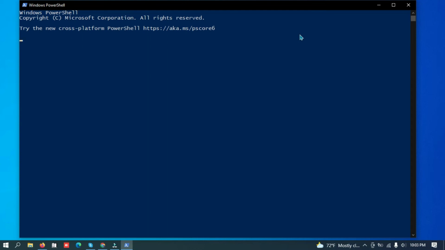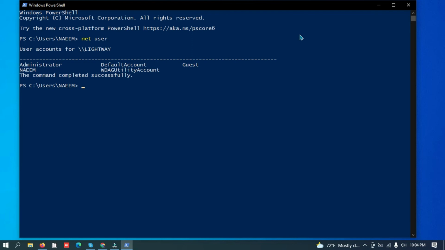If the command prompt is too old for you, PowerShell is the updated version, so you may want to try PowerShell. Just type the command in the Run dialog box. Command prompt is the old version and PowerShell is the updated version. Here are all our properties.